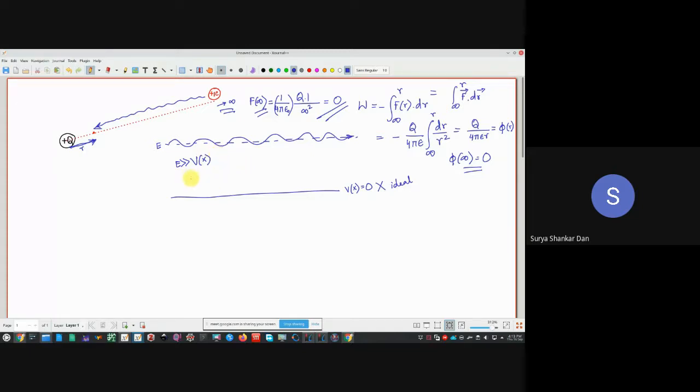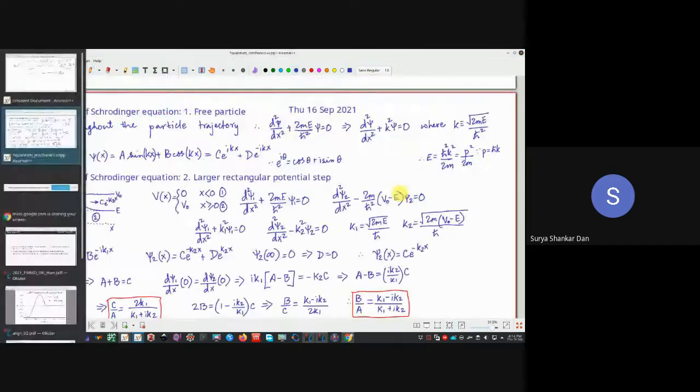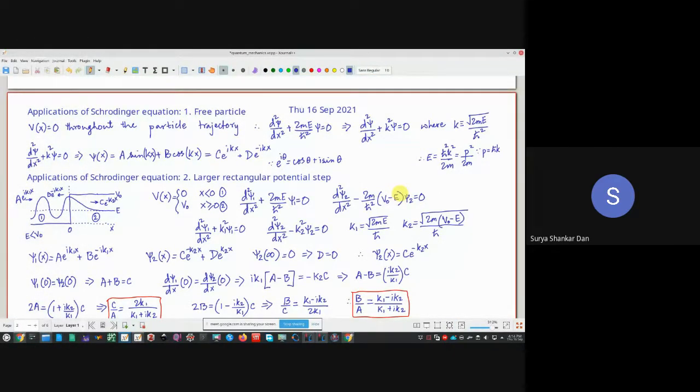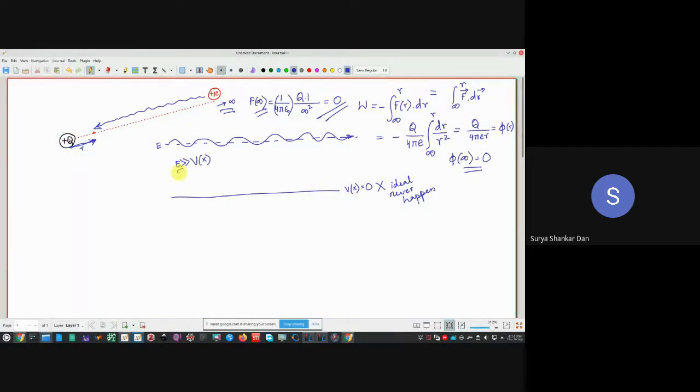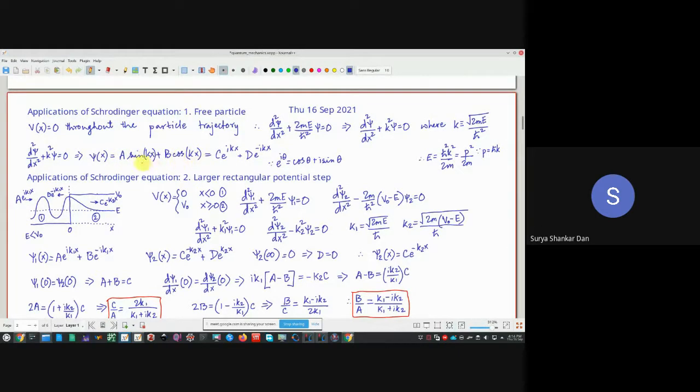So whenever we call it a free particle, that means the energy of the particle is much larger than Vx. That is our concern over here. Vx equal to 0 is an ideal case, it will never happen. Just keep that in mind. But we will use this as an approximation for our modeling purposes, for our understanding. So what we understood is that if the energy of the particle is much larger than the potential barriers, it is going to be like a free particle. That means it is like a perfect wave, sin kx, cos kx.